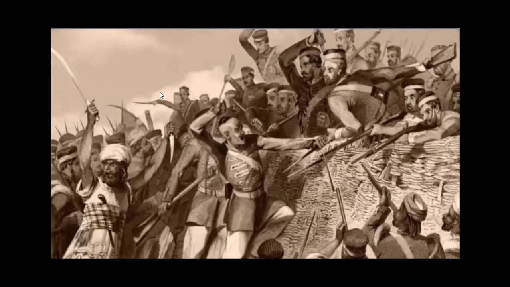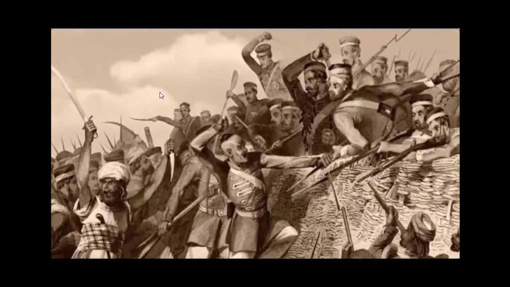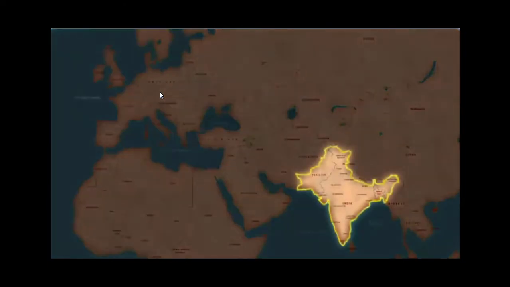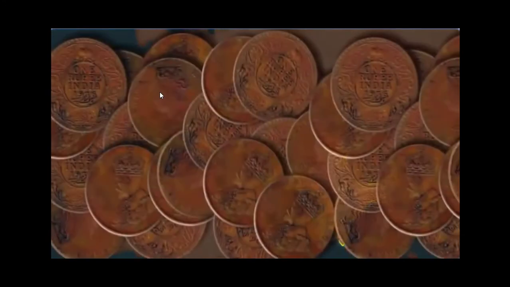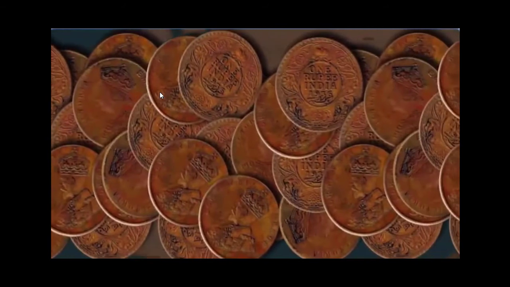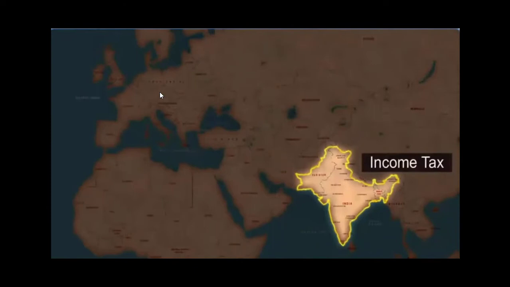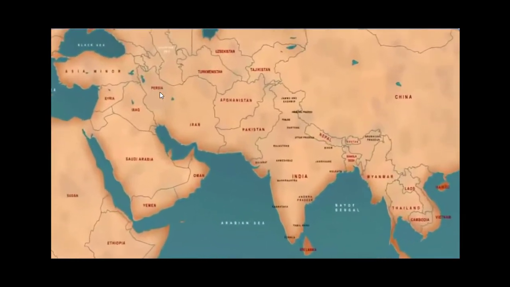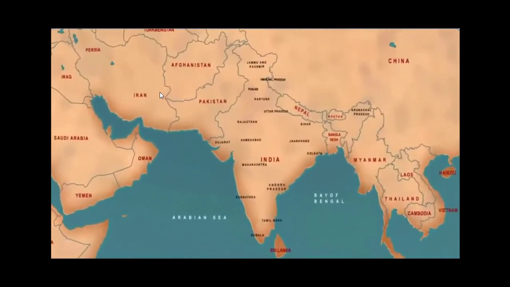India had been forced to take part in the First World War as a part of the British Empire. To continue the war, the British had to increase their defense expenditure, and thus they levied new taxes on Indians. They introduced income tax and the custom duties. The rise in taxes had an adverse effect on the common people who were forced to live a life of